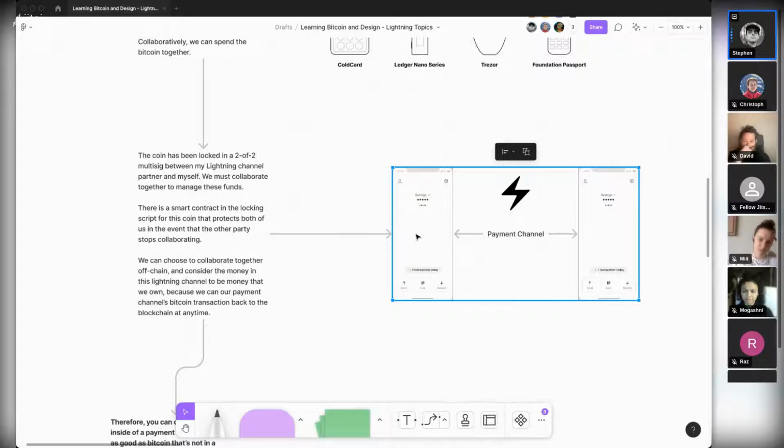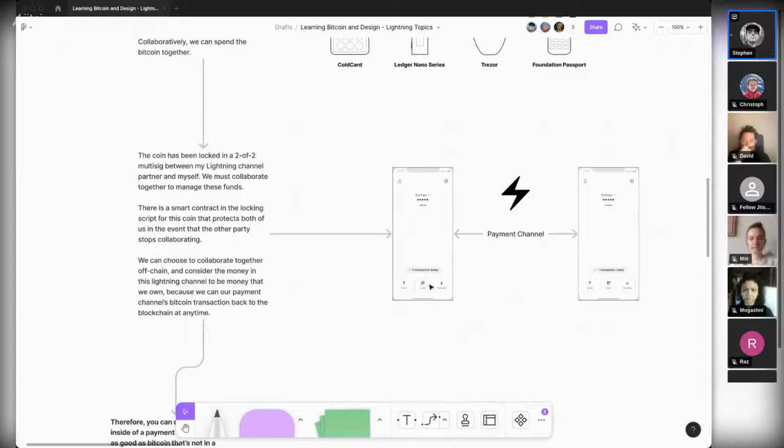Or there's some other kind of stuff, like, let's say Bob goes offline or Alice goes offline. Bob wants to close the channel. So he can go ahead and send a transaction without Alice's consent, but he's going to have to wait 2 weeks to get the money. And then there's a way that if Bob tries to cheat on that arrangement, Alice can go in and commit a justice transaction. So I don't want to get too deep into all that right now, but the point is